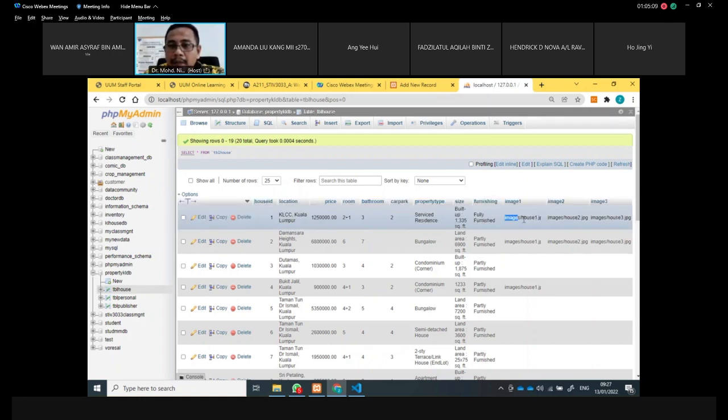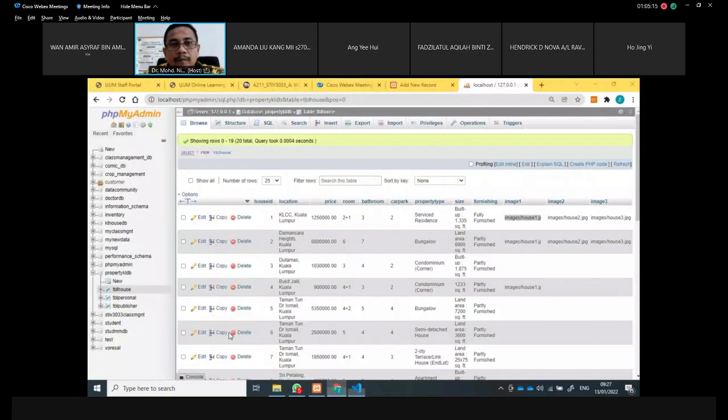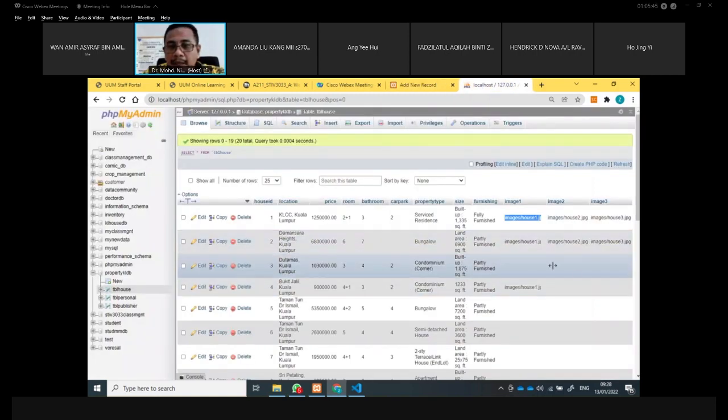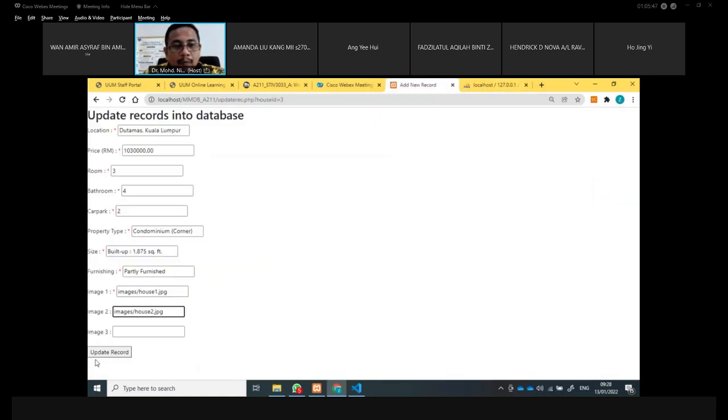Okay, image, this one. I want to make the image over here for the house ID, for that it doesn't have an image. And then probably image number 2 also I want to put. I have already changed it over here. Let's say from condominium, this is the only thing that I change. Before that, record number 3 doesn't have an image yet. So when I click update,